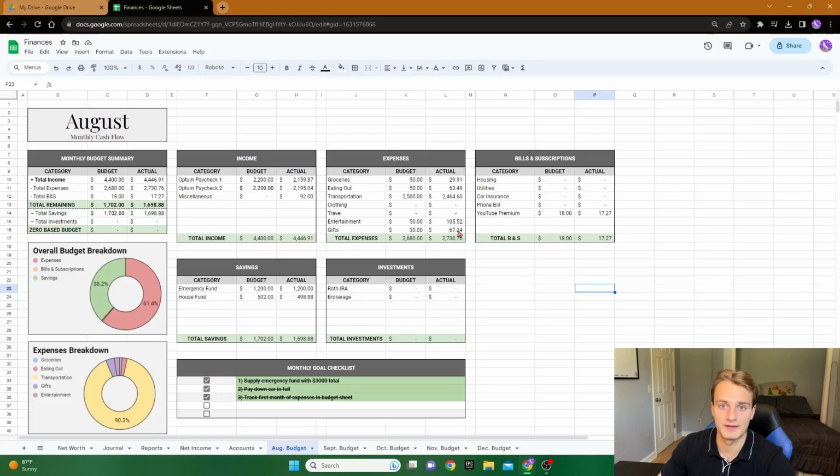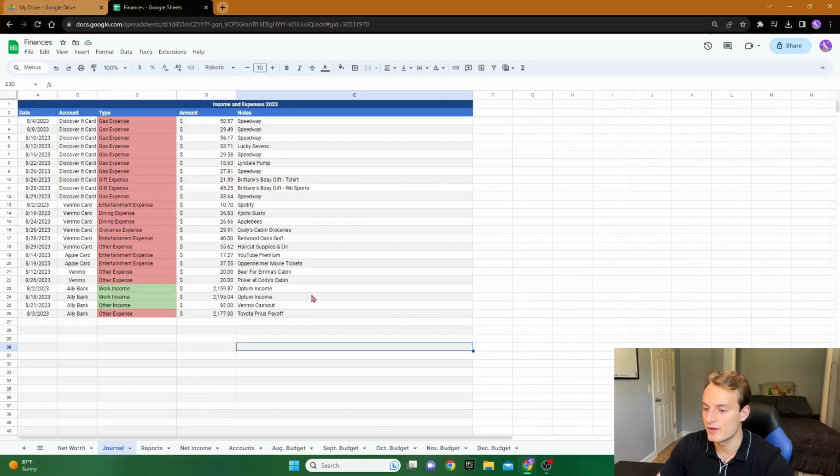That was my sister's birthday, so I had to get her a couple of gifts for that. And then my transportation's a little weird because I had to pay that car payment, so I just went back to my journal, and then I saw my Toyota Prius, beautiful car by the way, highly recommend, get the Toyota Prius, save so much money in gas, unbelievable. I think I'm at like 53 miles to the gallon or something crazy like that for 2011, beautiful. But I saw that it was about $2,200 for that Toyota Prius payoff,